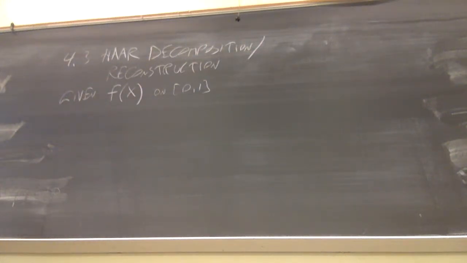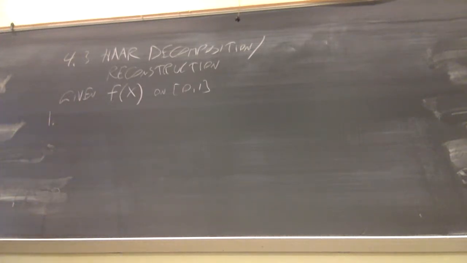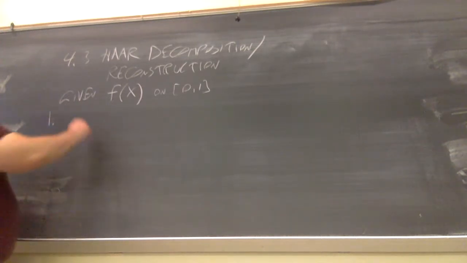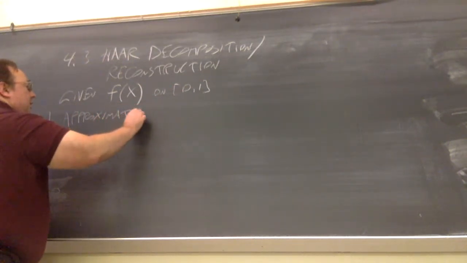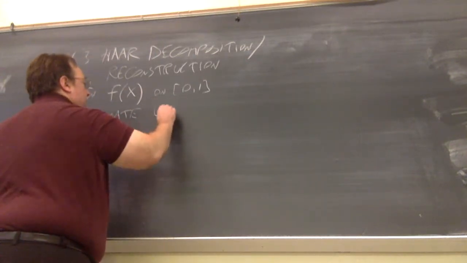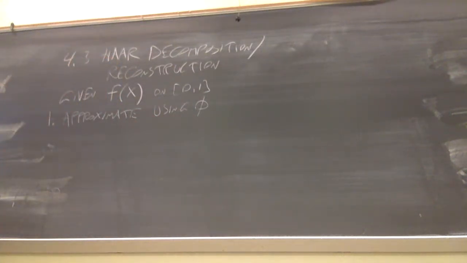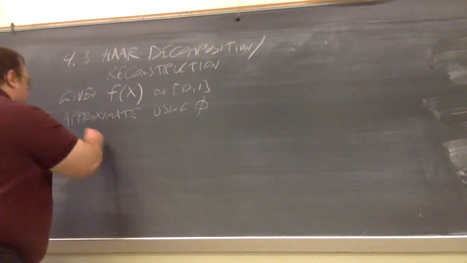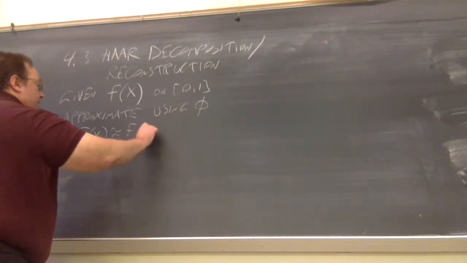And the general workflow here, and then I'll show you how these steps are carried out, is that we approximate using our Haar scaling function. Now, the Haar scaling function is piecewise constant. So basically, we're approximating f by a piecewise constant function. So f of x is approximated by fj of x,